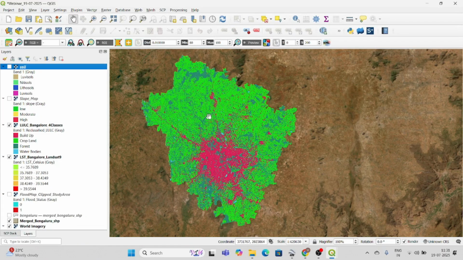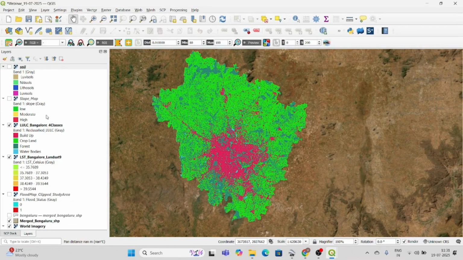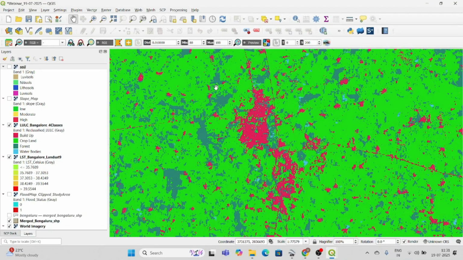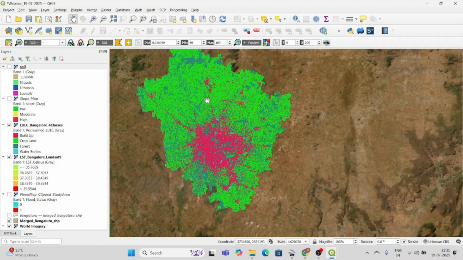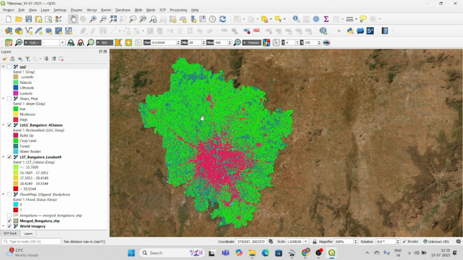Okay, and after that, this is my LULC. For the LULC I used Sentinel 2. You should think, this is 10-meter resolution, so I went with this. Okay, you can also use Landsat. It's up to you, for what purpose you are using it. I want 10-meter resolution, so it will give me higher accuracy. So I'm using land use.